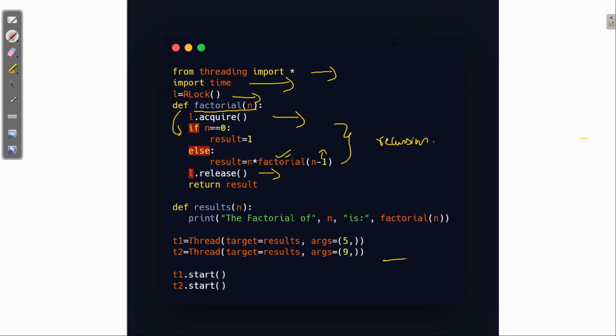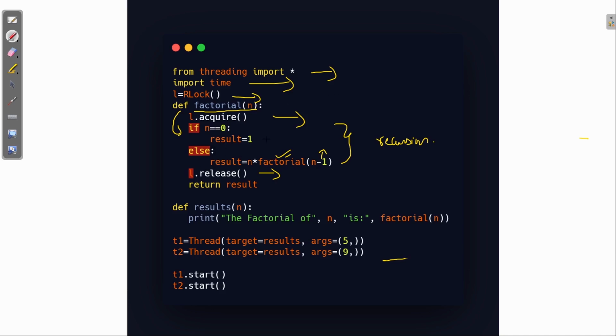It's just like, suppose my name is John, and I say, hey John, just go there. I'm giving myself an order. I'm calling myself. So in that case, if we use the simple lock concept, it will show us an error and the thread will be blocked. You can try it yourself and see what happens.